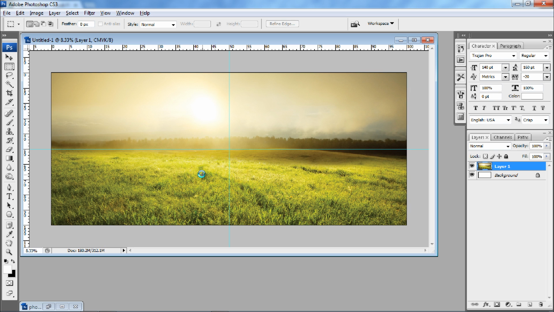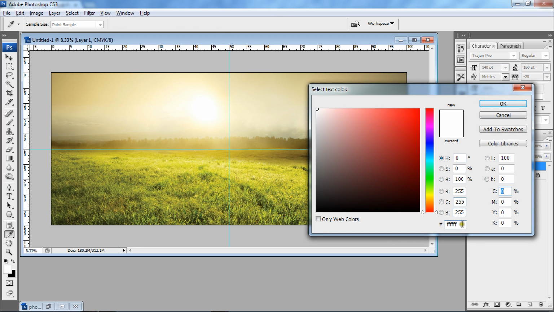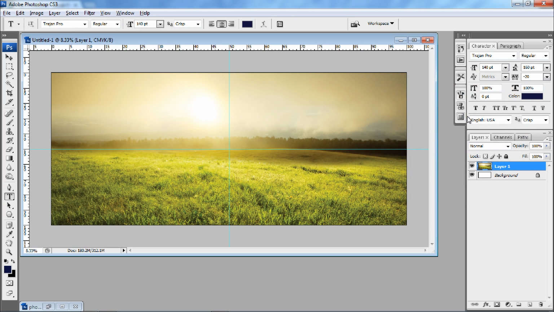And it's right there. Now the next thing we're going to do is create the font here for We Believe. So I'm going to click in here, and I hit T for the font. I'm using Trajan Pro. It's a free font you can get, and then click here. The color that we used was a rich blue, like a navy blue, so the code for that is 0D113F. That's the color we used. The font size is going to be 50,